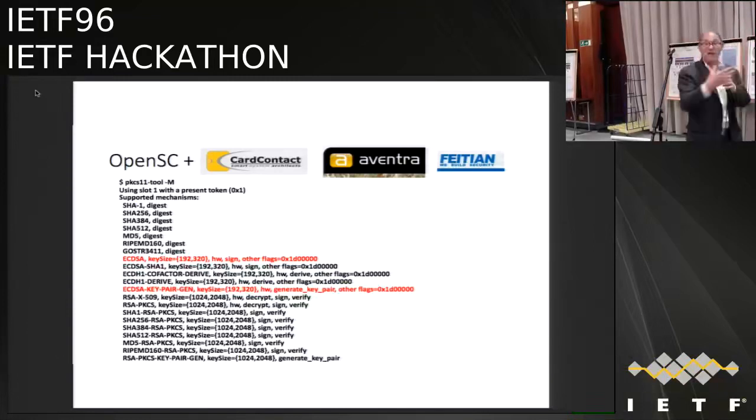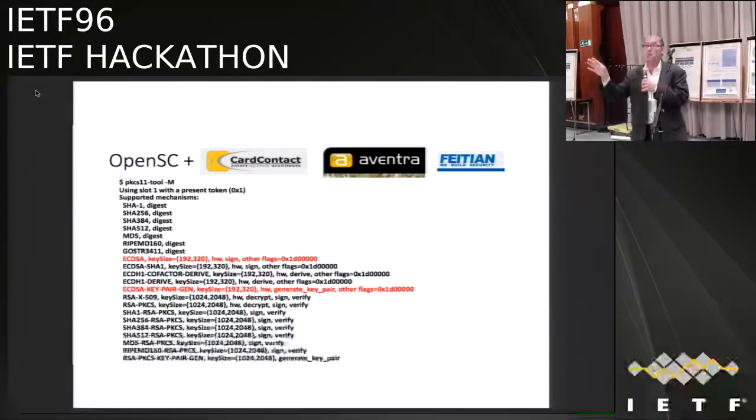There's something called CardContact. They have a smart card HSM. It actually has a lot of the qualities of an HSM. In other words, it allows you to back up the contents inside the HSM from one smart card to another. In particular, a lot of these cards now support ECDSA, elliptic curve. Cool stuff, okay? So why don't we just use this? There are a couple of,